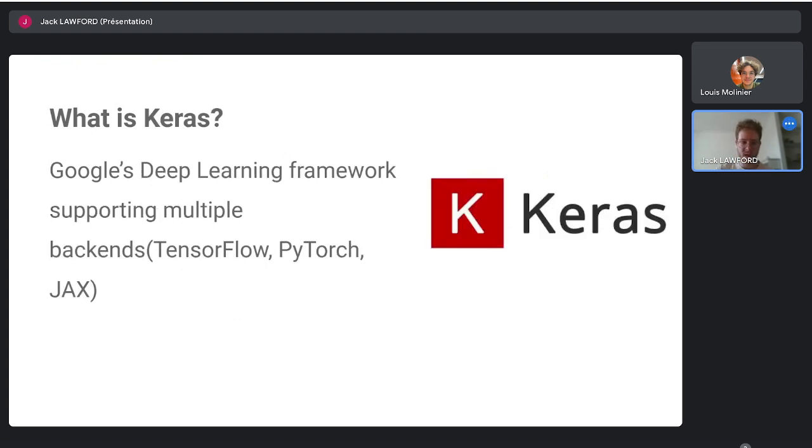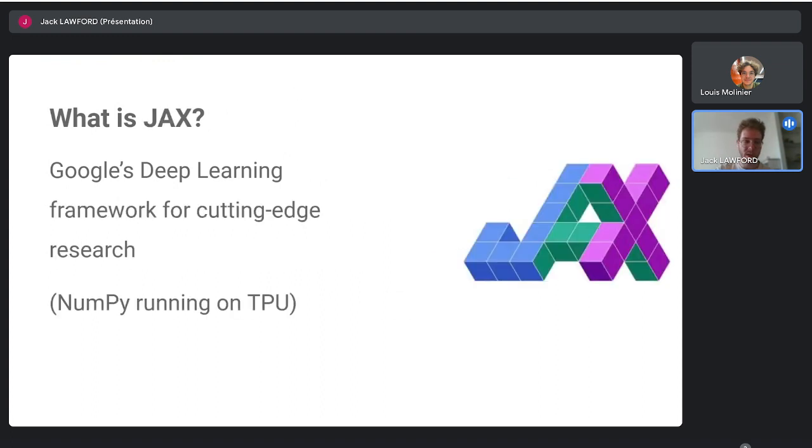Then another one we have is Keras, which is a high-level deep learning API written in Python that runs on top of other lower-level frameworks like TensorFlow. It was designed to be user-friendly, modular, and easy to extend. To put it more simply, Keras is one step higher of abstraction compared to TensorFlow. And finally, we have